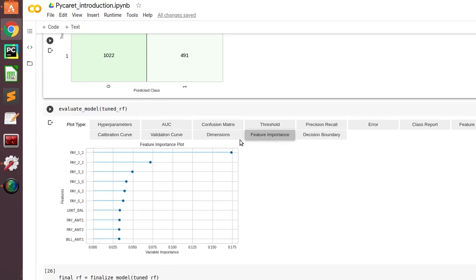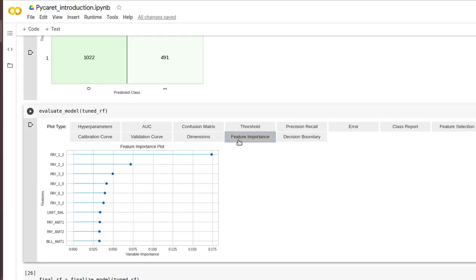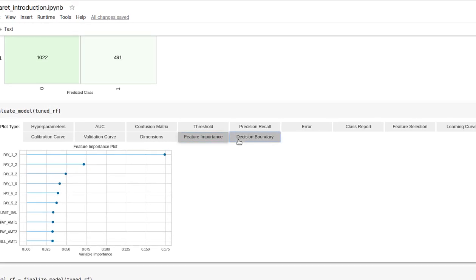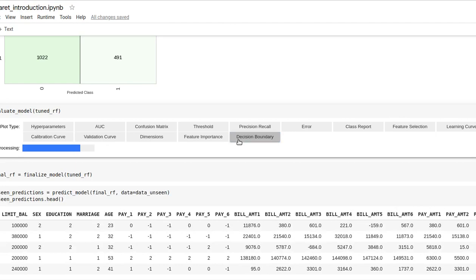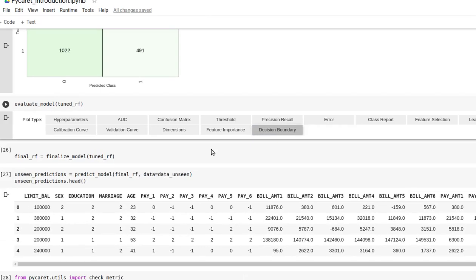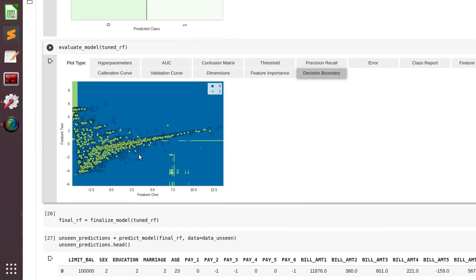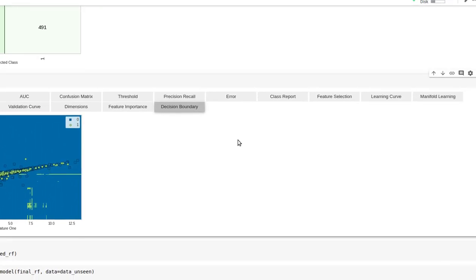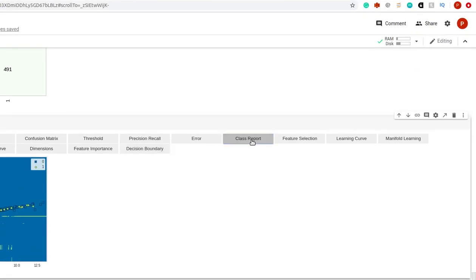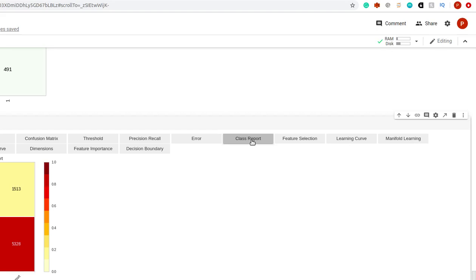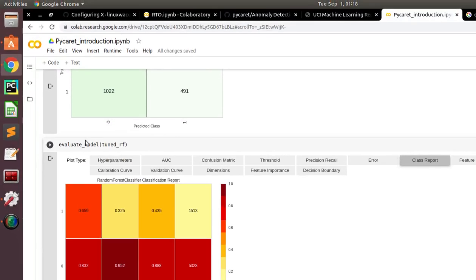Suppose I need to see the feature importance. I just need to click this. I need to know the decision boundary. I just click on decision boundary, and I get this. Okay, so this is a decision boundary. I need the class report, so there is a class report. Everything is in this evaluate model.